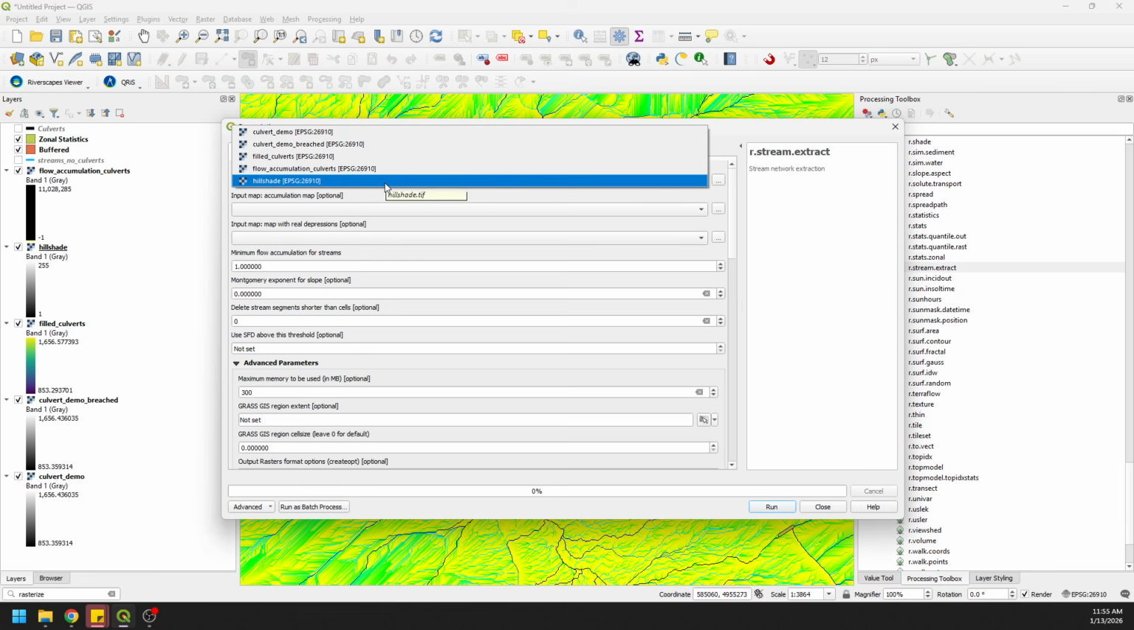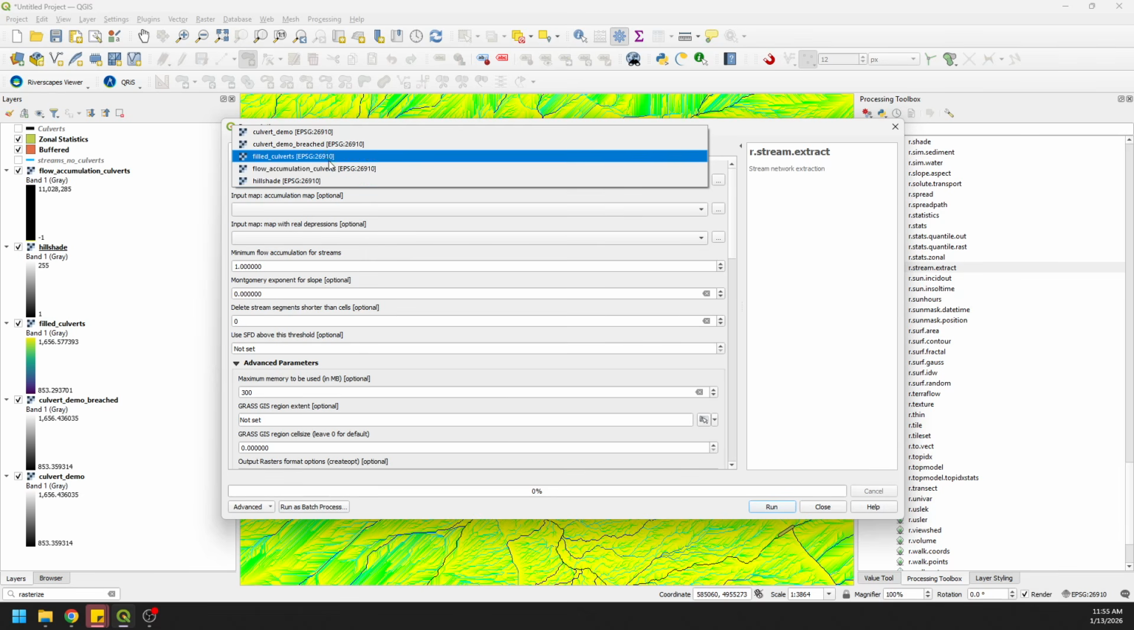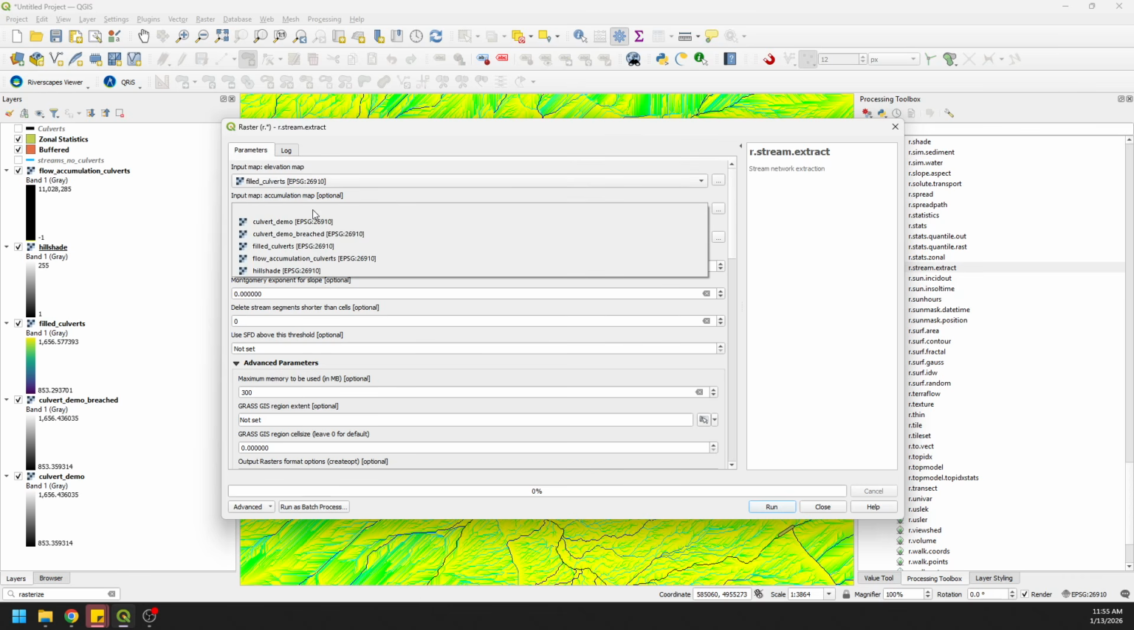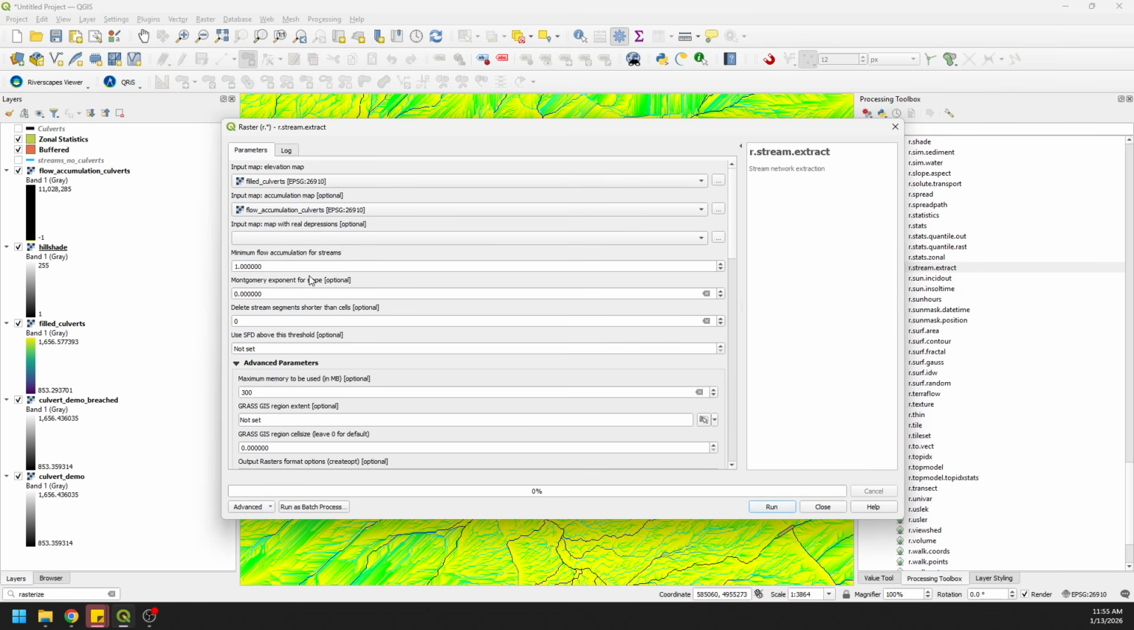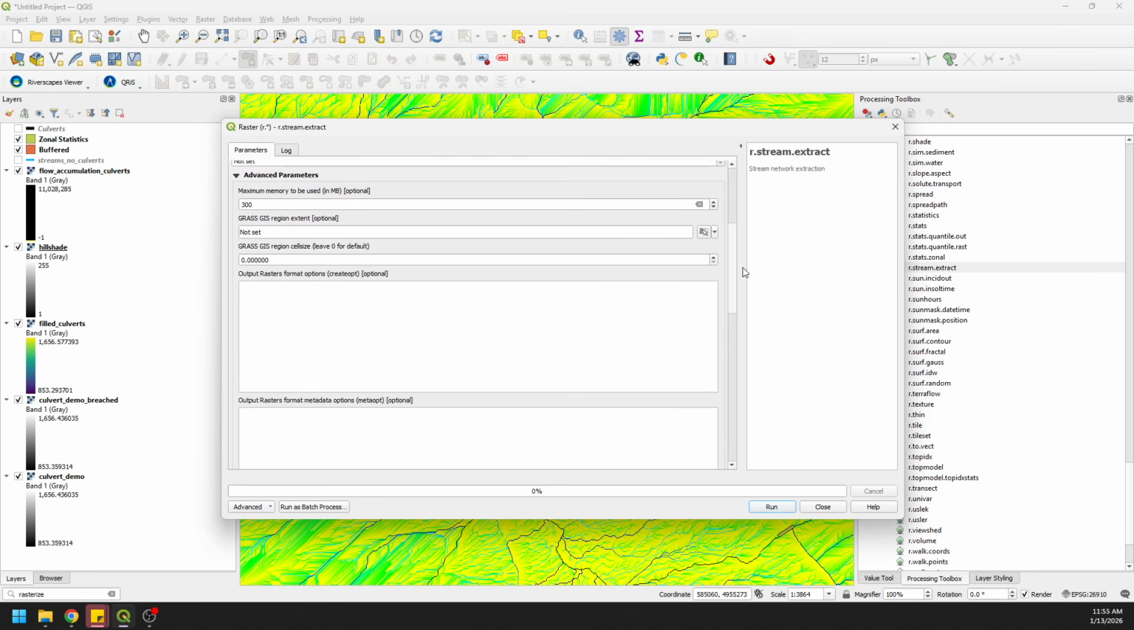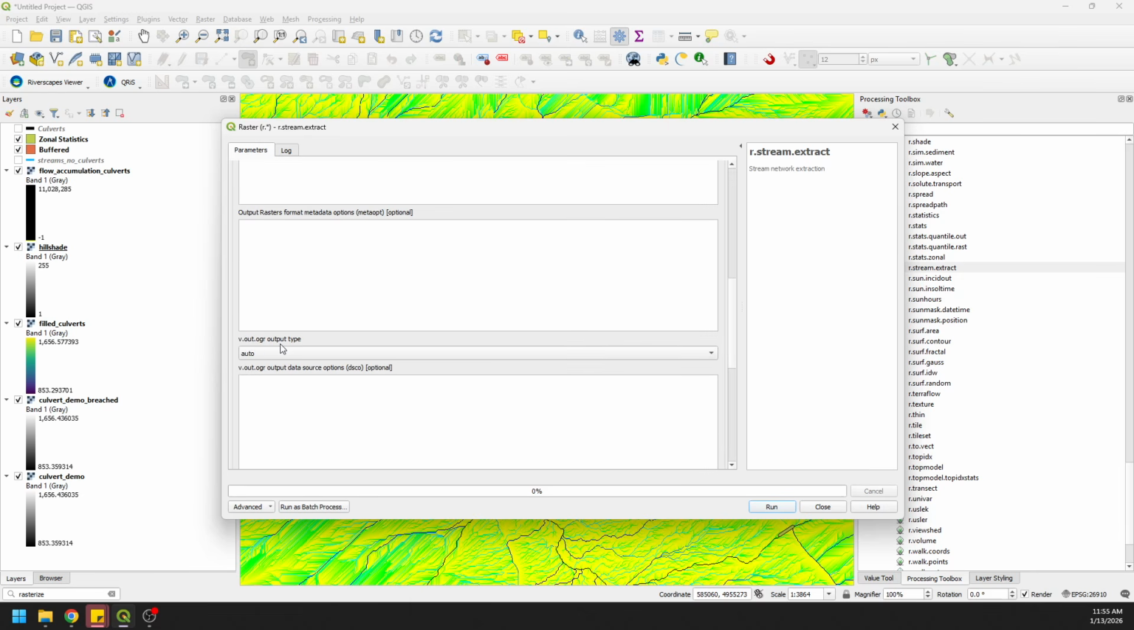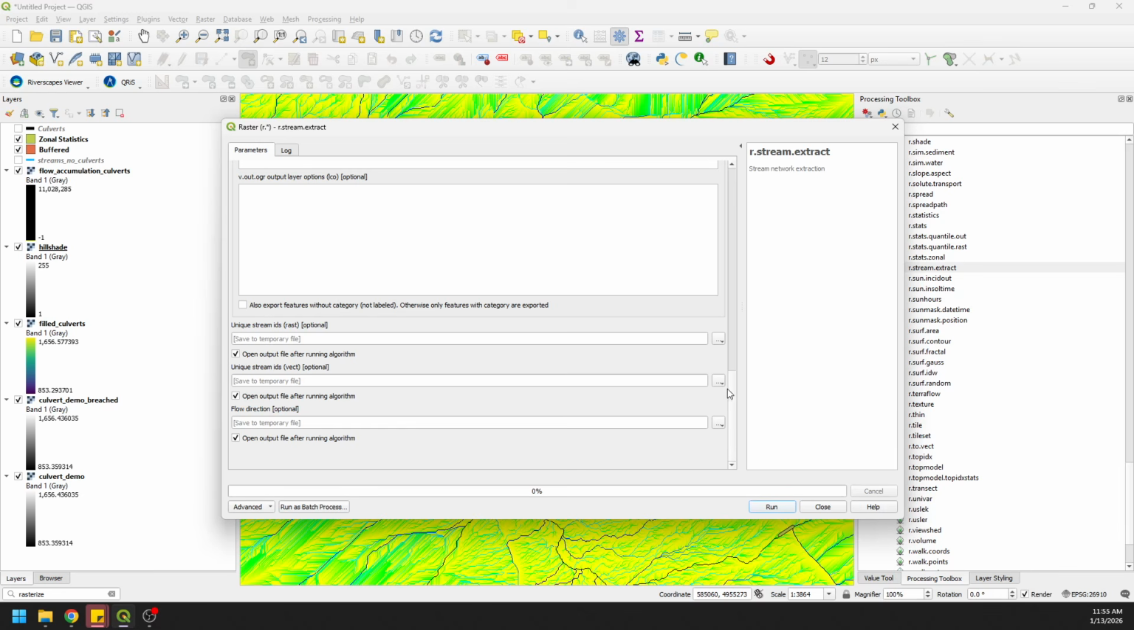Our input elevation is going to be filled culverts. Our input map, accumulation map, is going to be flow accumulation culverts. I'm going to set the minimum at 20,000. I believe that's what I used for the initial stream network. And I'm going to delete stream segments shorter than 100 cells, just to kind of prune this and keep it clean. I need to set the OGR output type to line, and then we'll come down, and the only thing